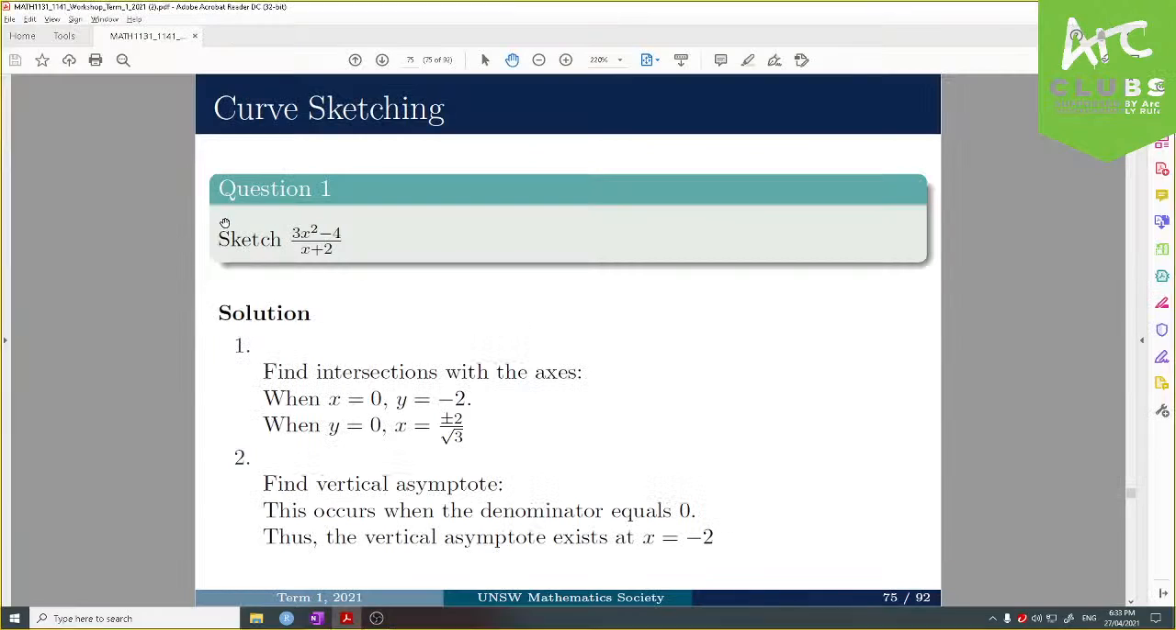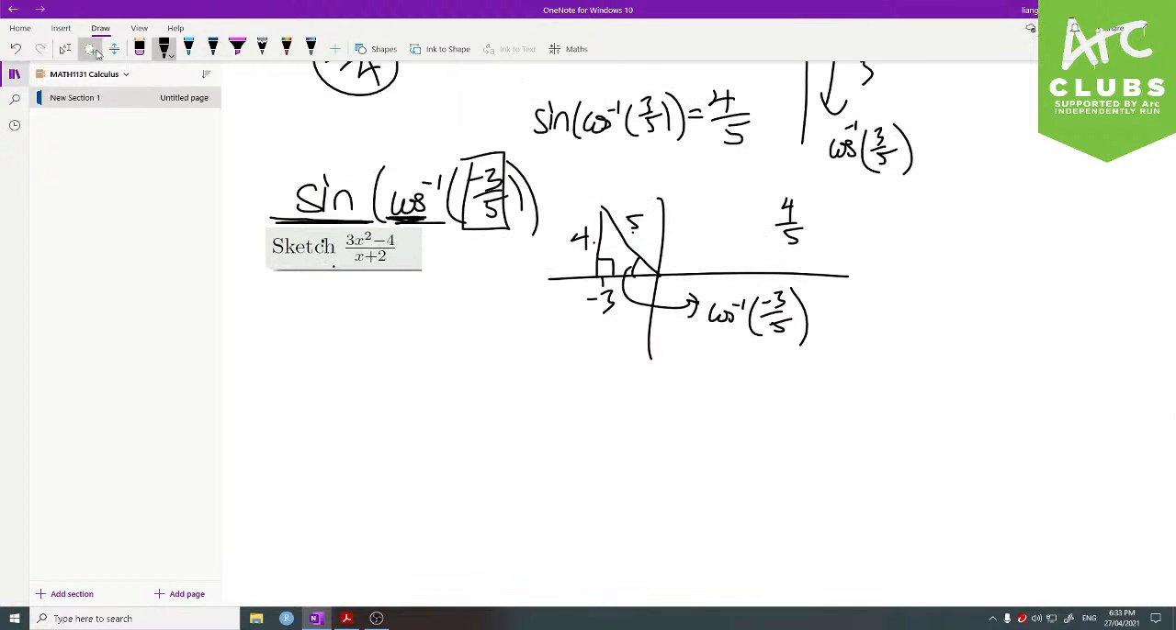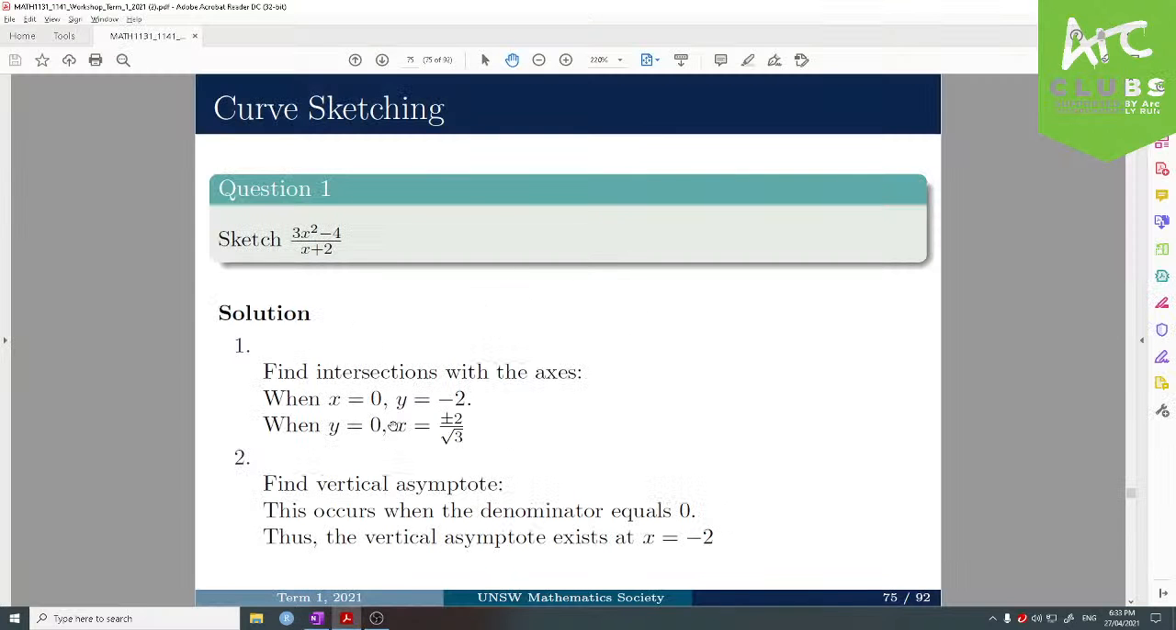So just to recall, that is our question. Let me move it first. Okay, and so if we have y equals 3x squared minus 4 over x plus 2, when x is 0,